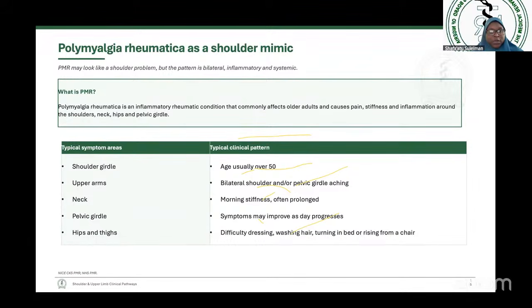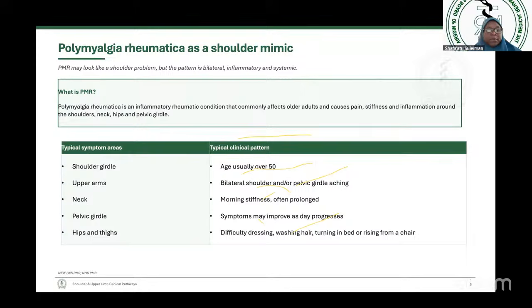The typical symptom areas include the shoulder girdle, the upper arm, the neck, the pelvic girdle, and the hips and the thigh. So a patient presents to you with bilateral shoulder pain, might have pain in other parts of the body, like the neck, might come with stiffness, and it doesn't really fit local shoulder pathology. Then we start thinking towards